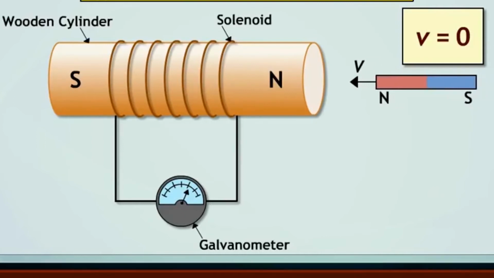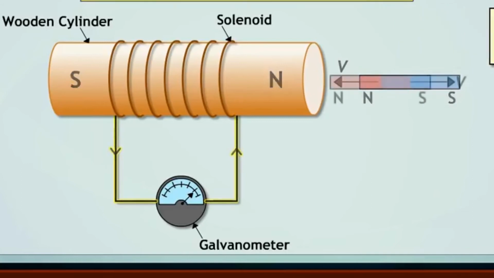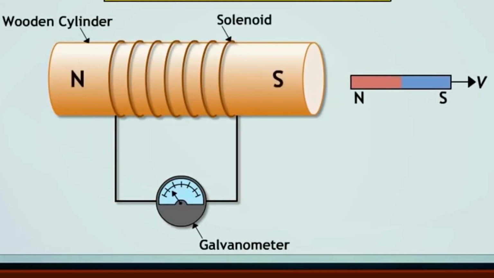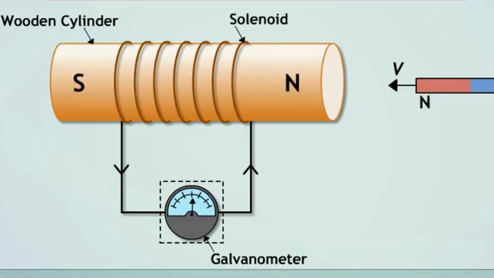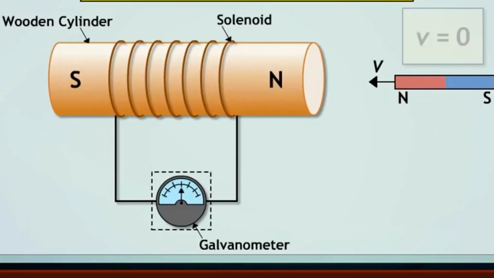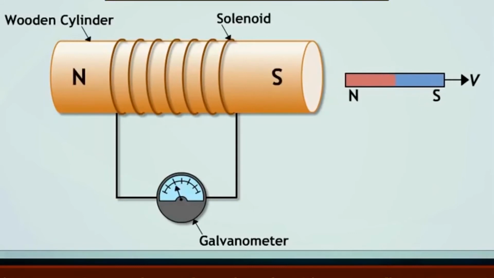When the magnet is moved towards the coil, the needle of the galvanometer is deflected in one direction. When the magnet is held back at the original point, the reading returns to zero. When the magnet is moved away from the coil, there is some deflection of the needle but in the opposite direction. And again, when the magnet becomes stationary with respect to the coil, the reading of the galvanometer returns to zero. It is also observed that the faster the rate of change in magnetic field, the greater the induced voltage, or the EMF, in the coil will be.